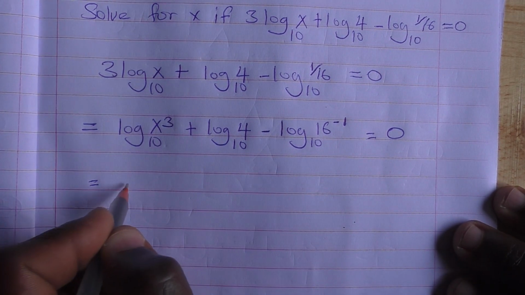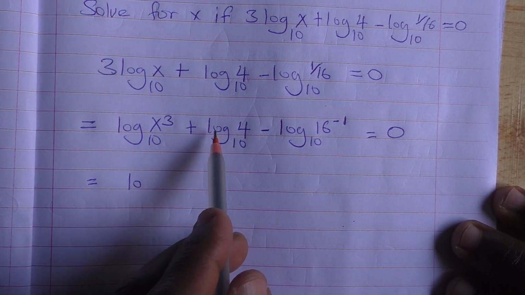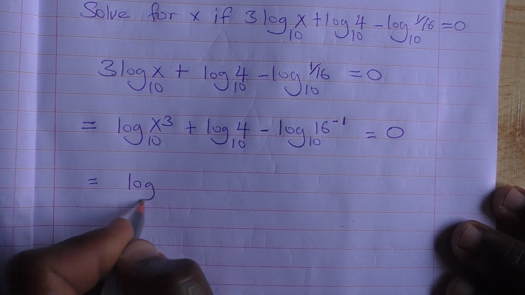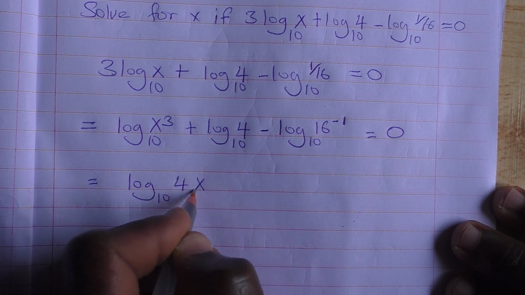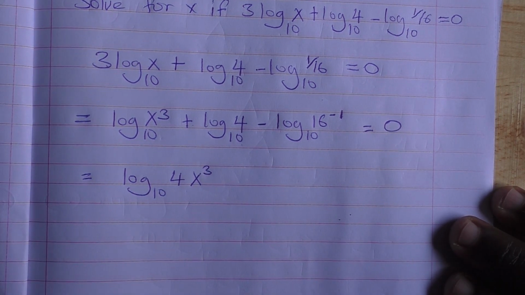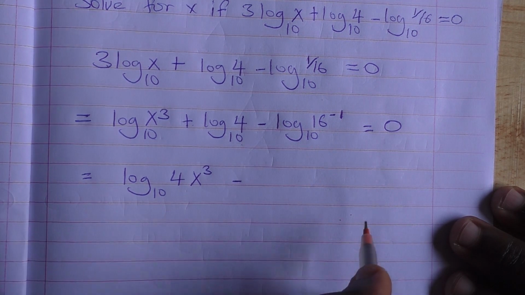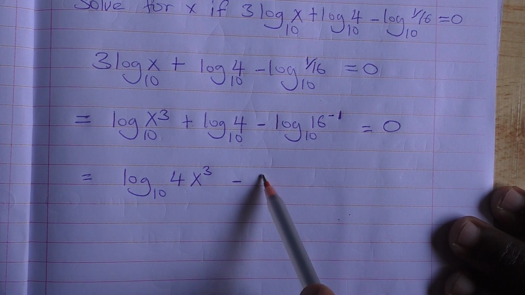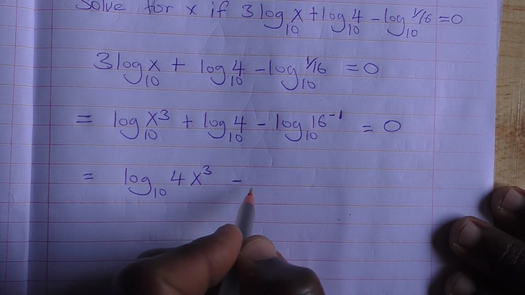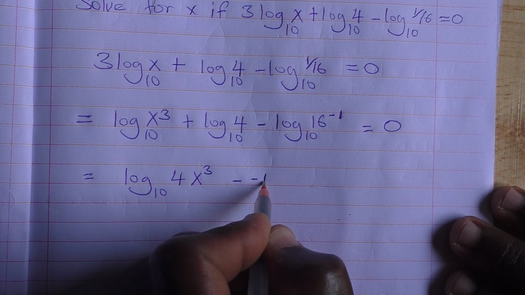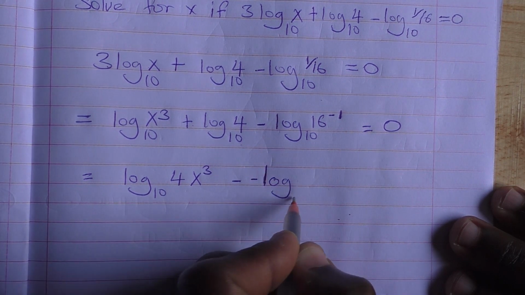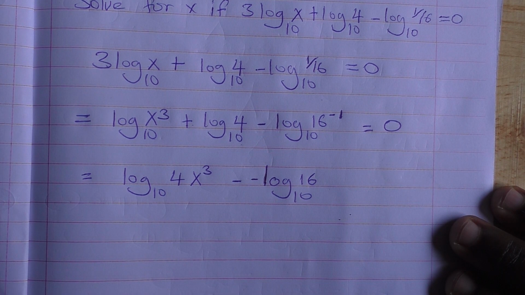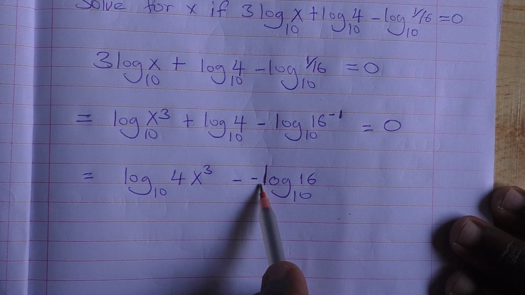Then since we are adding and the bases are the same, we shall multiply the powers to get log 10 4x cubed minus, now the power negative 1 will come down so that we get minus 1 log 10 16, but the 1 is silent, that's why we don't write it,